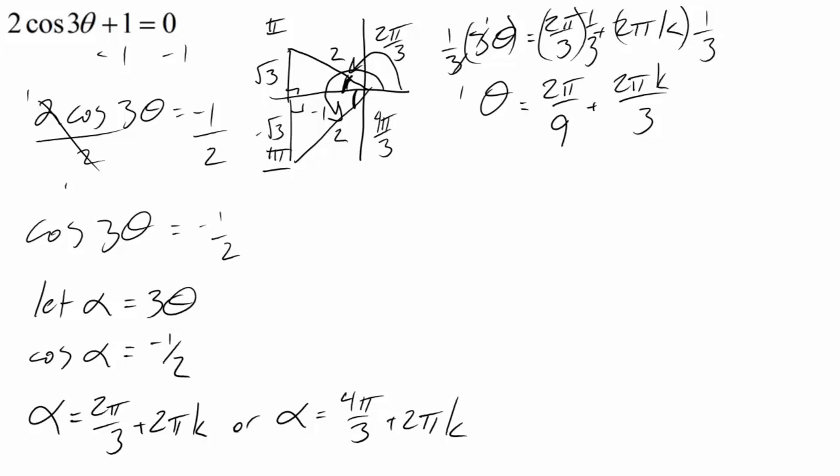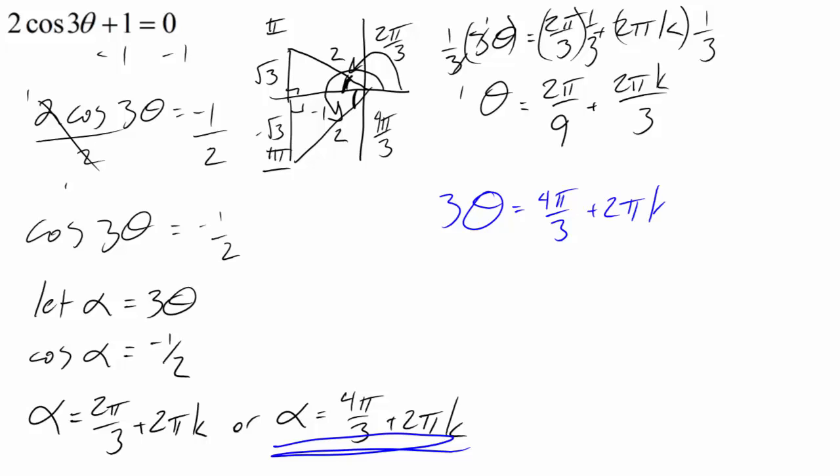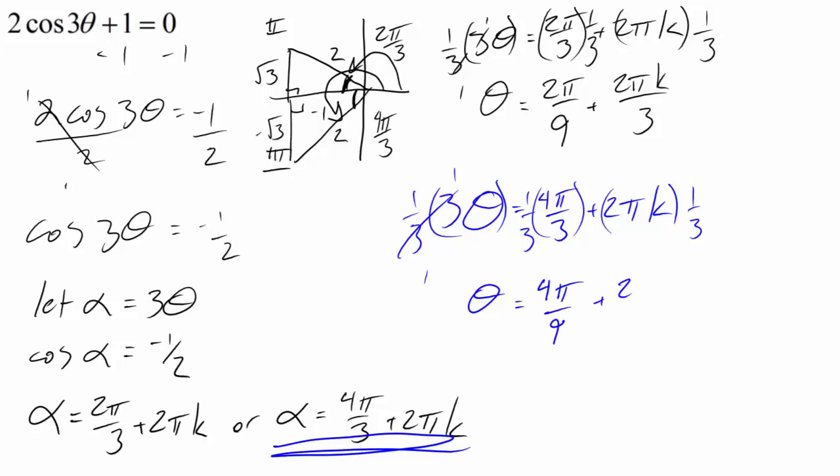Now we're going to do the same thing for our second theta here, that 4 pi over 3 plus 2 pi k. So here we'll have 3 theta equals 4 pi over 3 plus 2 pi k. And then we'll multiply both sides by a third, squeezing that 1/3 in wherever we have a little bit of room so this becomes visually not so crowded. So that gives us theta equal to 4 pi over 9 plus 2 pi k over 3. Alright, so now this would be our general solution, but we were also asked to find the solution over